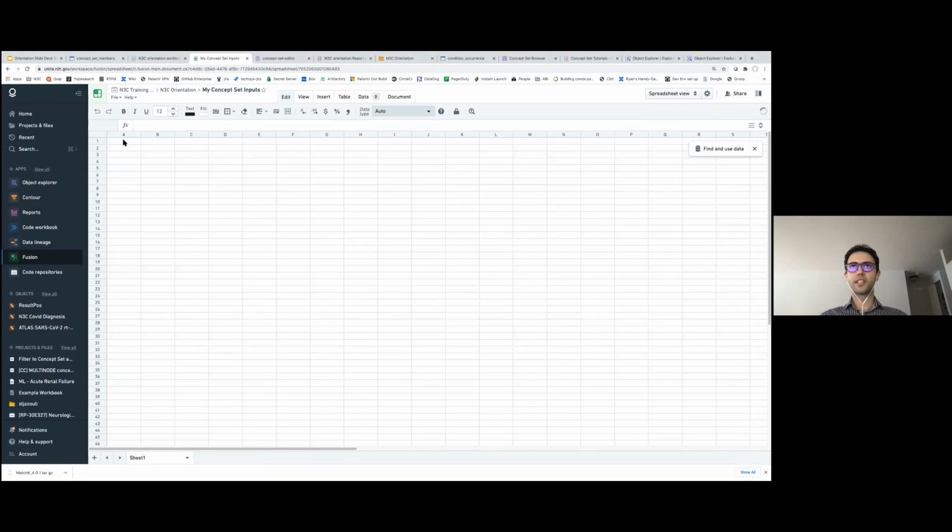What I want to do essentially is maintain a list of code set IDs in here. So let's call it code set ID. So the name and the ID.